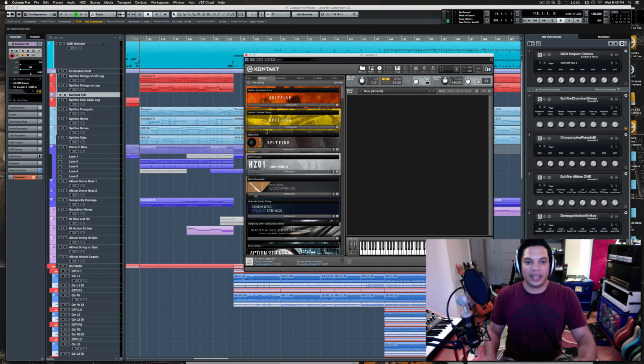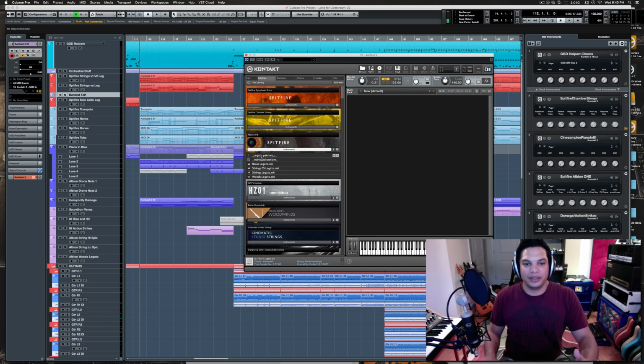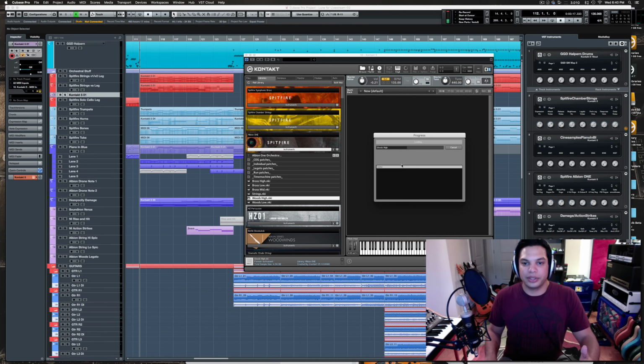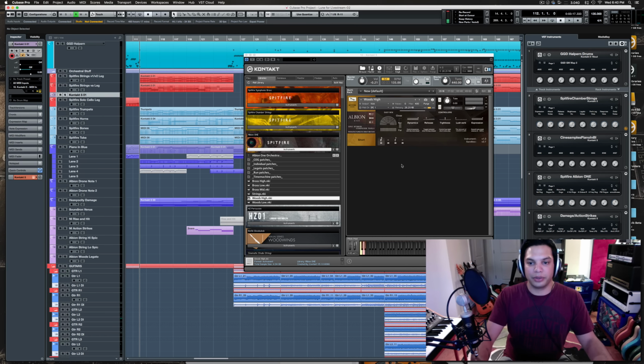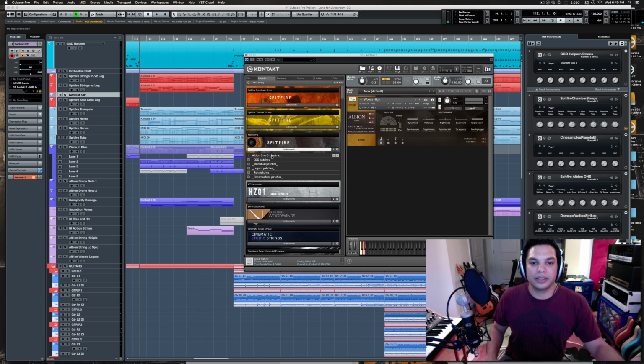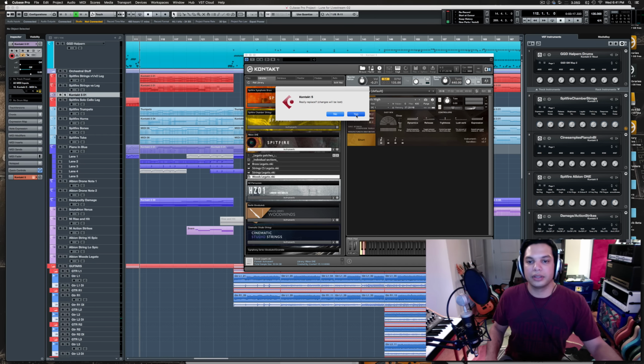If you're just starting out, Albion 1, for example, has just this Woods high patch, which I think sounds really good, and it's good for sketching stuff really quickly and not using up all your memory. Oh, that's a short patch. I always like the legato patch because you can play these flowing lines, and they have it separated. So let's do Woods legato.